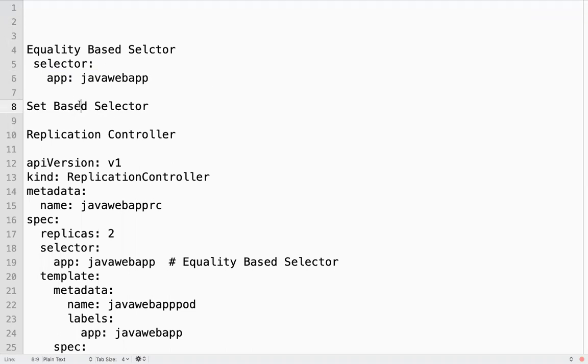In the case of set based selectors, it is conditions like operators, such as in and not in, like expressions.